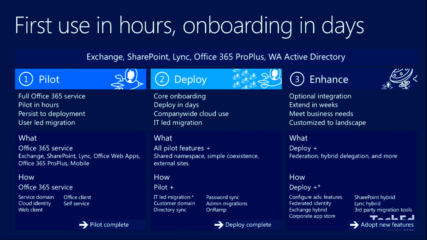And then you work into step 2, which is a deployment. It is when you are starting down the path to actually move production mailboxes into the cloud, move production data into your sites, and move users in groups so that they can have a great cloud experience while the whole organization starts to move through. And you see there that it adds features like password synchronization through DirSync. It adds the ability to use ID Fix and work with your Active Directory. It adds some of the core pieces of IT-led or partner-led migration paths. And it starts to utilize that shared namespace, your own verified domain, and really working through a simple coexistence scenario.